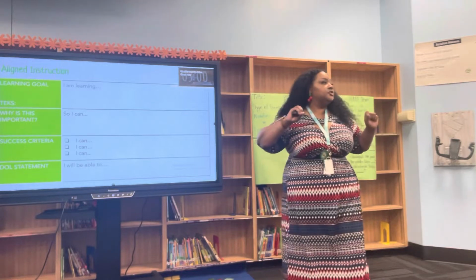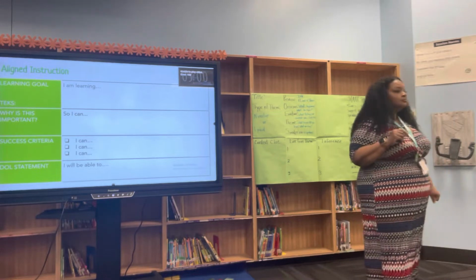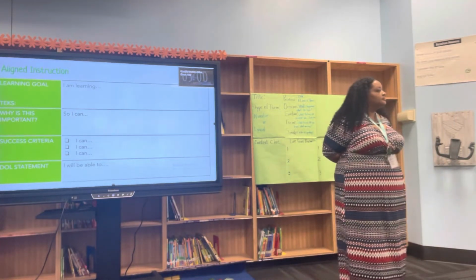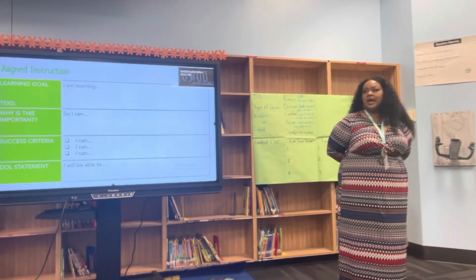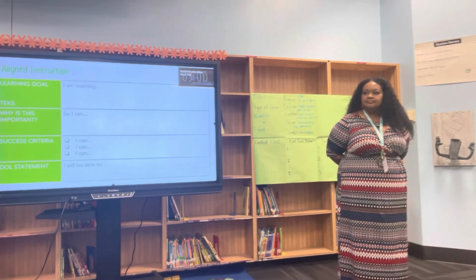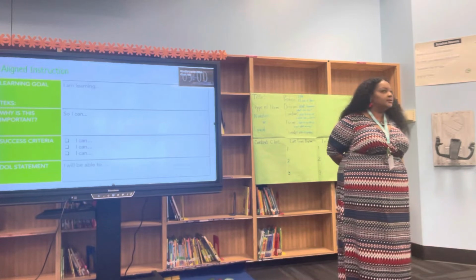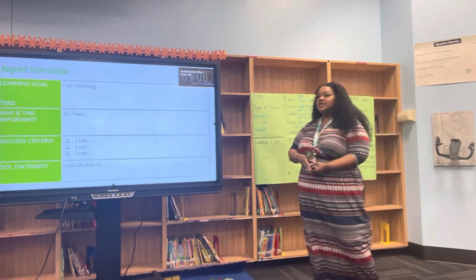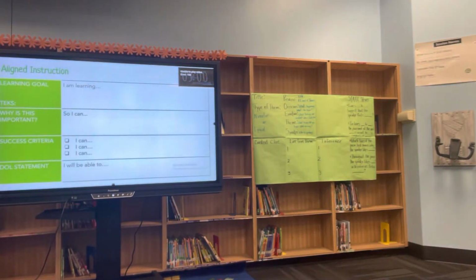What do you want your kids to be able to say, I am learning what? Please raise your hand. Go ahead. I am learning to make inferences using text evidence. Okay, perfect. How about you, Ms. Martinez? I blended inferences with text elements, with another tip, and it says, I am learning why the poet uses imagery, literal, and figurative language. Yes, both of you are perfection because the SC is about inferencing. Miss Mitchell, I saw it light. I was just saying, I'm learning to use text evidence to comprehend my reading.